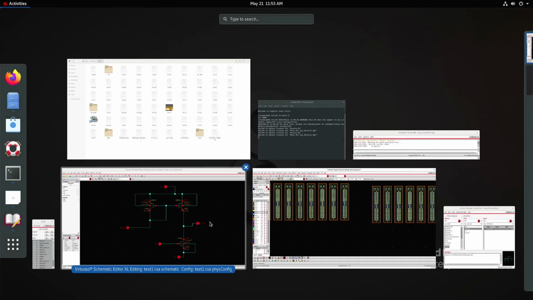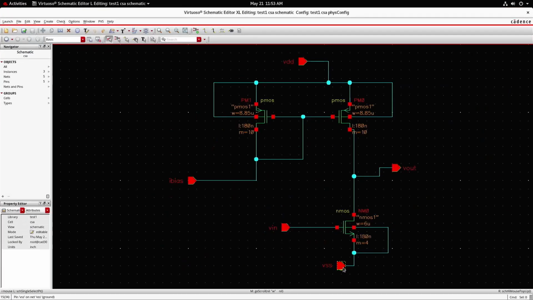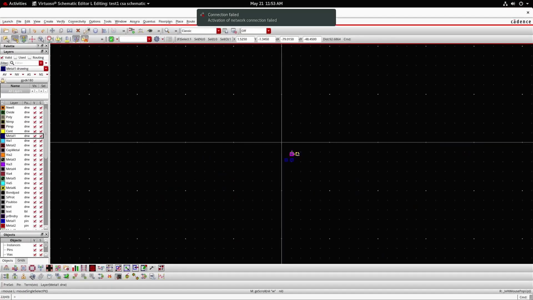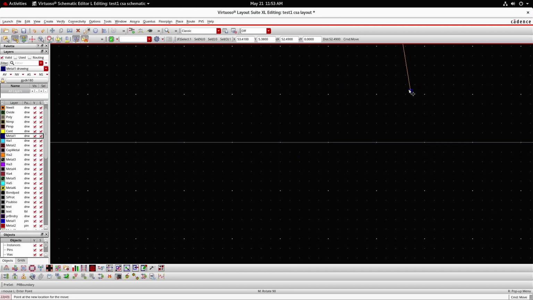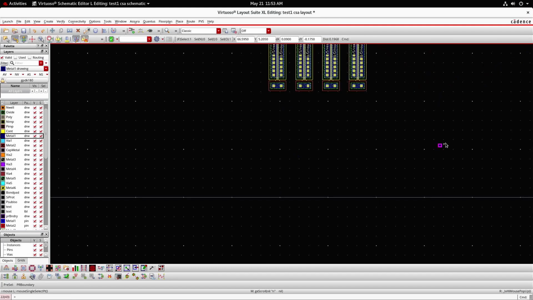Similarly, VSS can be brought into the PR boundary and placed below the NMOS transistor. Then after placing below the NMOS transistor, it can be stretched so that it becomes VSS rails.